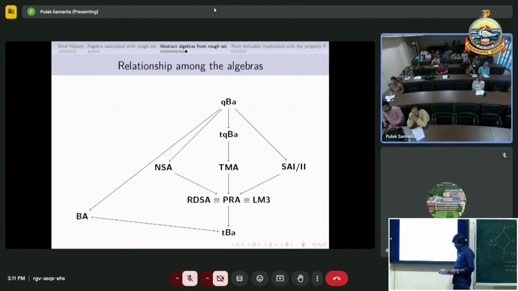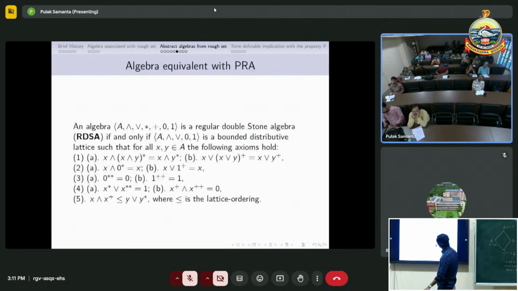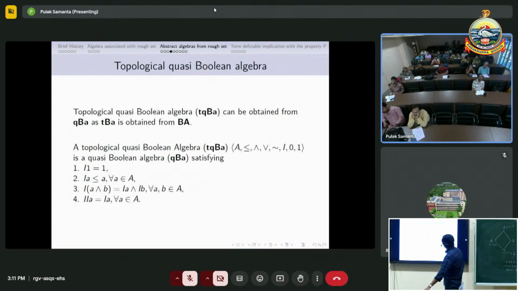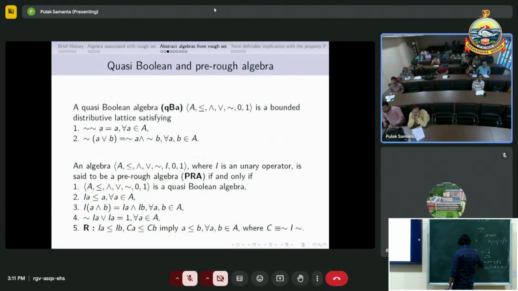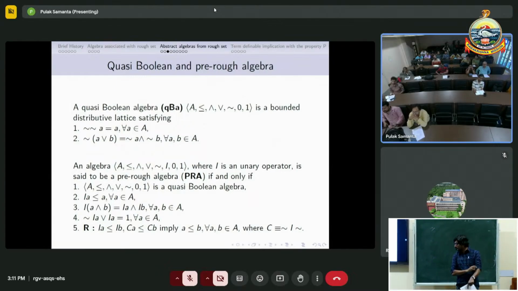Then I am coming to the PDF algebra. Let's see the definition of the PDF algebra. So in this case the answer is positive. We are having not only one, we are having 4 term definable implication operators within this PDF algebra which are going to satisfy the P property, which we are calling